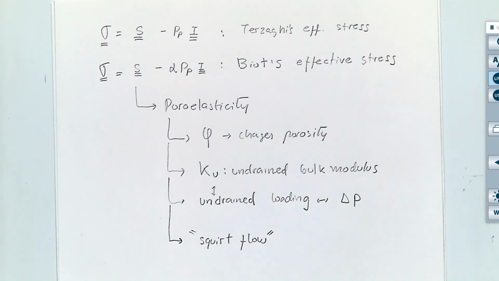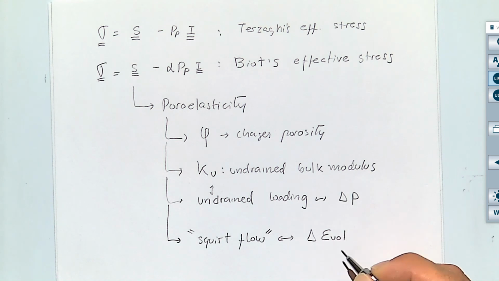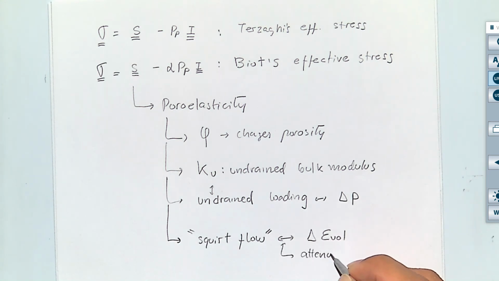And how much it gets out of the rock, or how hard it is for the fluid to get out, that's going to cause attenuation on wave velocities. So this squirt flow is going to depend on changes of volumetric strain, and among other things leads to attenuation